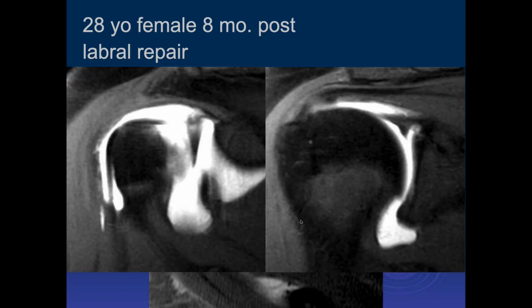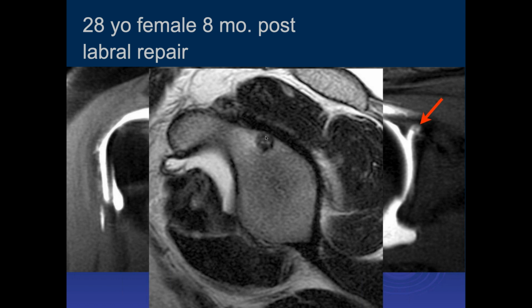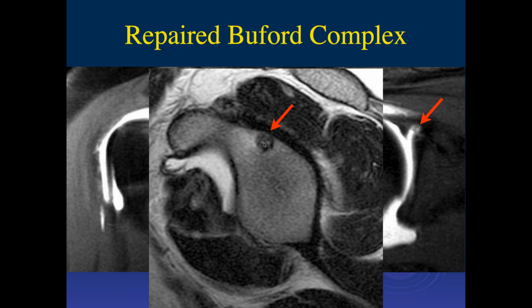So is this a Buford complex with a prior labral repair? So here we go. Here's the coronal plane. There we can see the structures. There's where the suture anchor is. It's at 12 o'clock. I think they probably mistook a Buford complex for a labral tear, and they put a suture anchor in the 12 o'clock. I think Dr. Cruz will agree with you. So it's important to call these right because it can lead to inappropriate treatment if we make the wrong